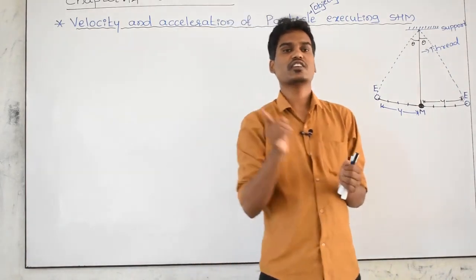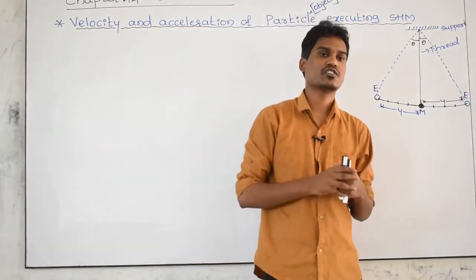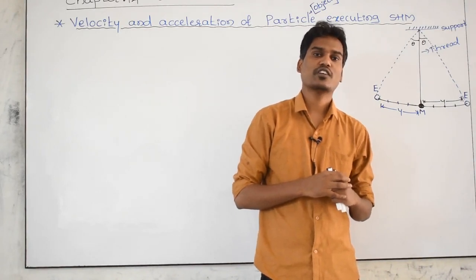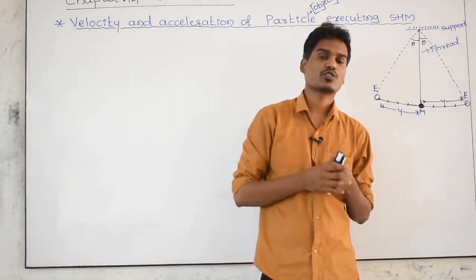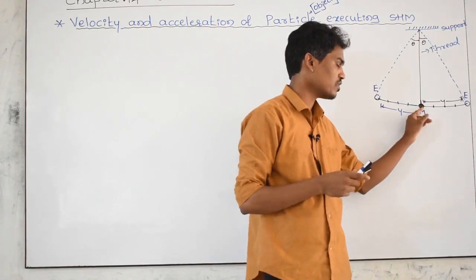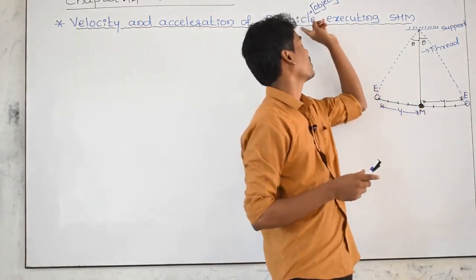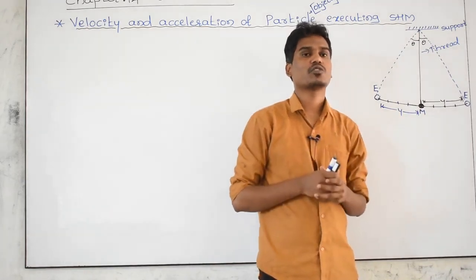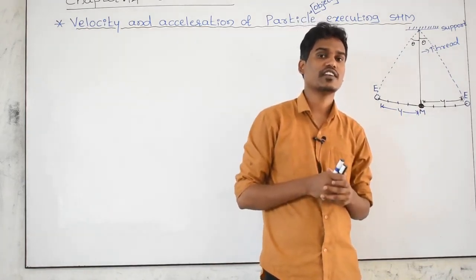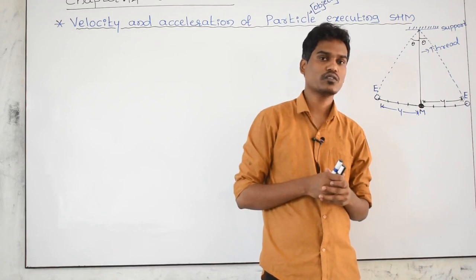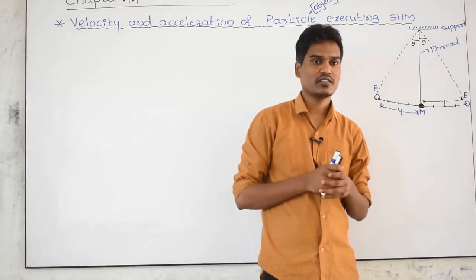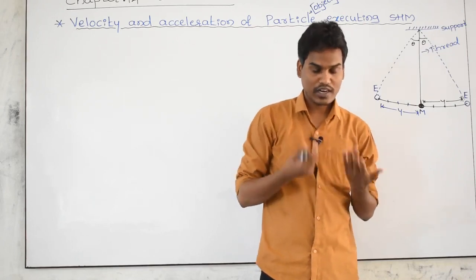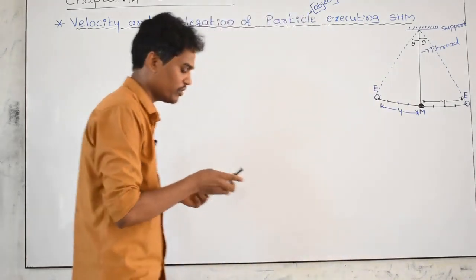Whenever the object is making oscillations or simple harmonic motion, at each and every point, what is the velocity of this body? I have taken here a particle, and a particle is nothing but an object. How do we find the velocity of the particle whenever it is in simple harmonic motion? There is a formula, and that formula we now have to derive. In the last class I already derived